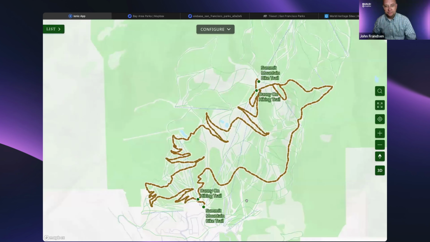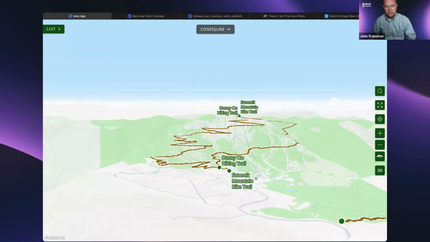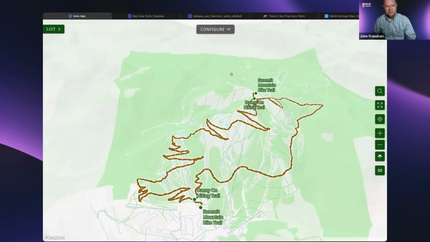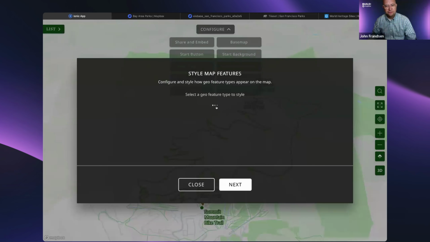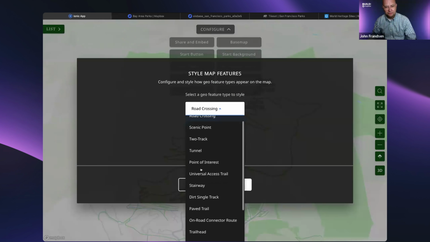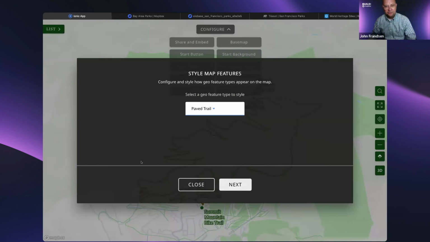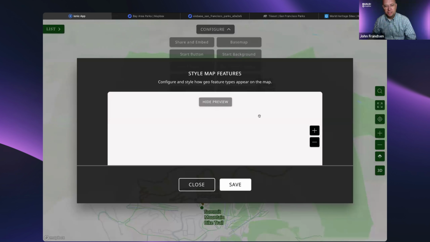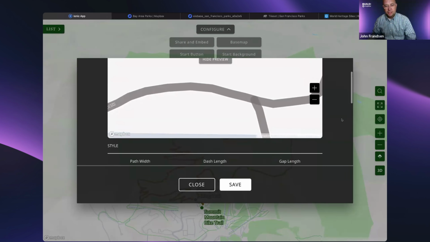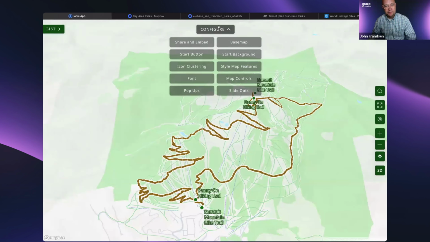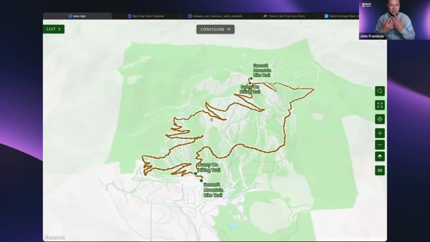Then I can go 3D, and I can configure all of the aspects of this, including how I want to configure my geo feature types. So I say, I want my paved trails to look a certain way. I want them to look a different way than I want my dirt trails to look. So I can configure all of that in my Elemap presentation, and then just embed that and share it